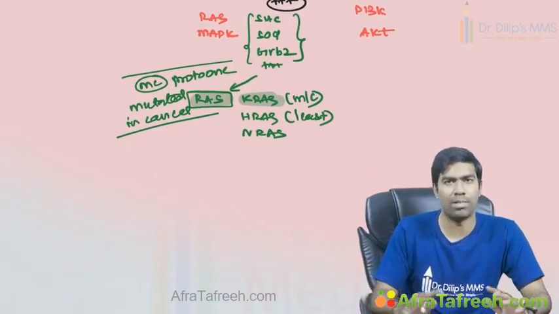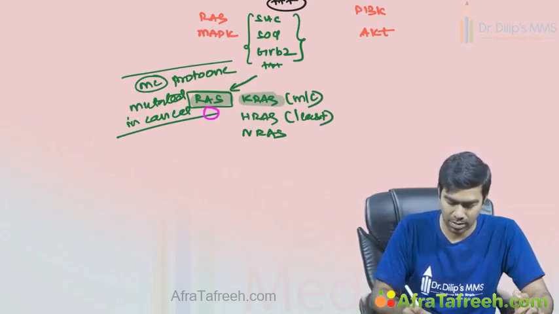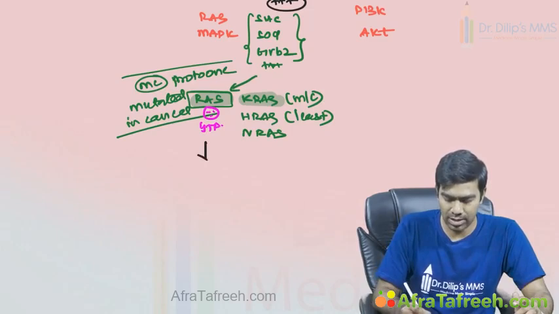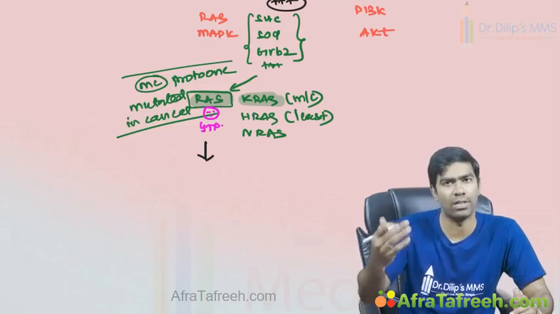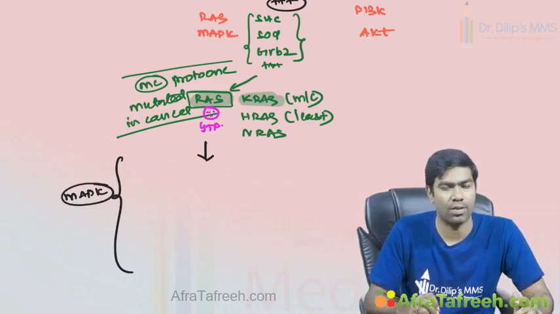So anyway, some RAS is there and RAS is getting activated. Once RAS is activated, it's going to bind with the GTP molecule. This forms a RAS GTP complex, and this RAS GTP complex is an active complex that's going to activate further downstream proteins. What are the proteins they're going to activate? They are called MAP kinases.